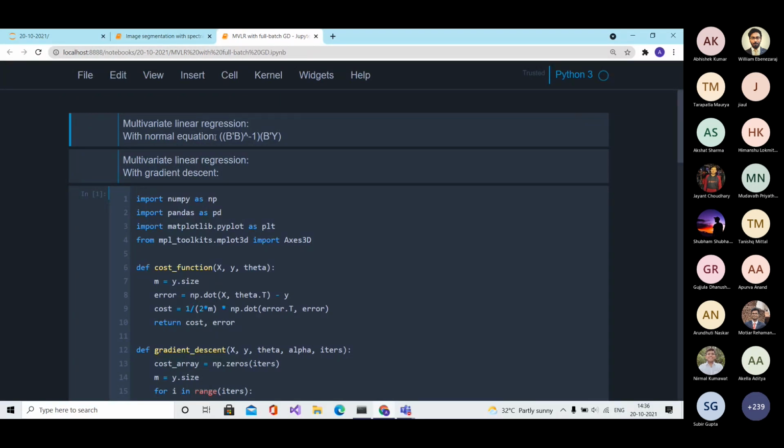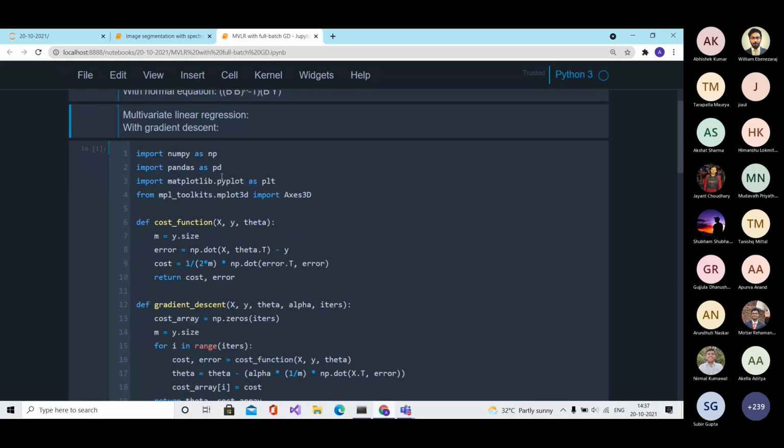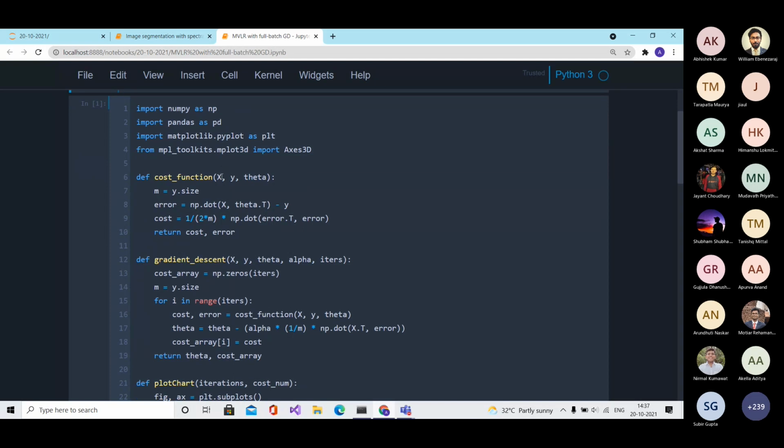That's why we can go to another method to do this regression, and that is gradient descent. In gradient descent we use some iterative technique to find the parameters that we want.